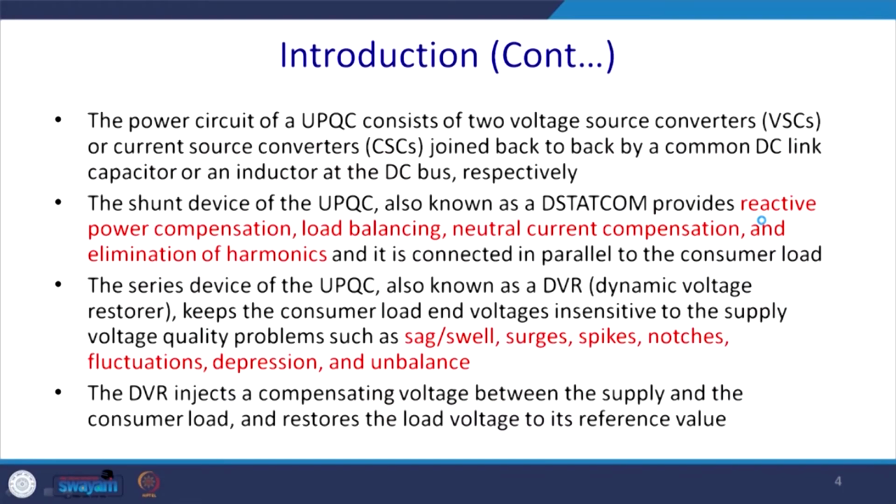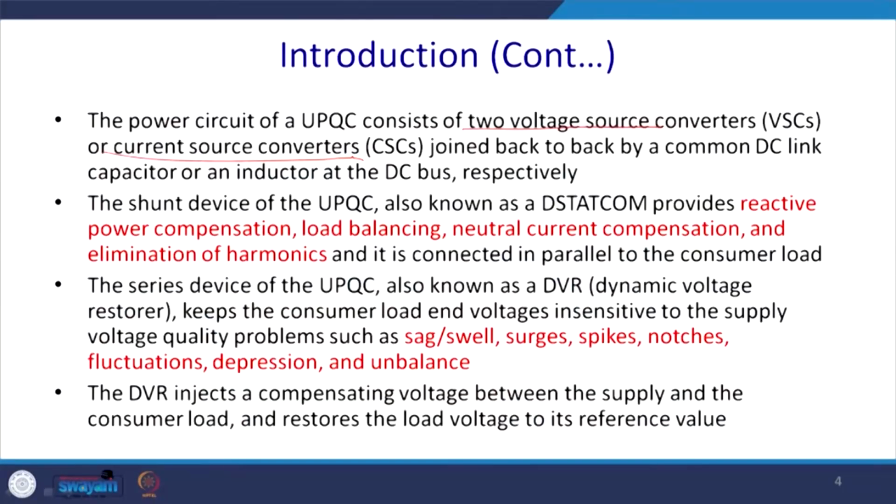The power circuit of the UPQC, as I have shown you, consists of two converters, voltage source or current source inverters. Generally the current source is preferred for the shunt part of the compensation, joined back to back by a common DC link capacitor in case of the VSC, or with an inductor in case of the CSC, as a DC bus